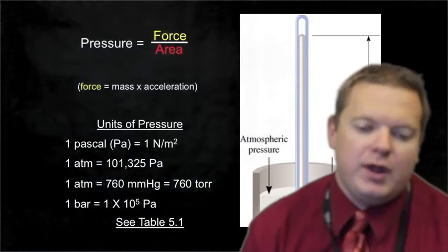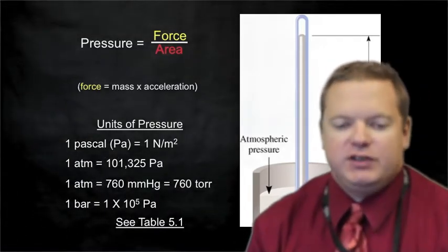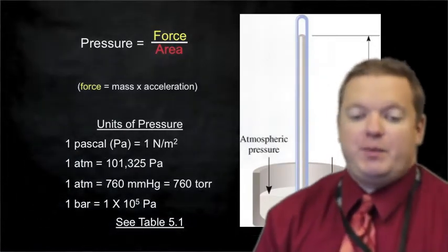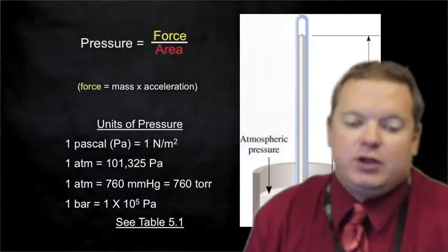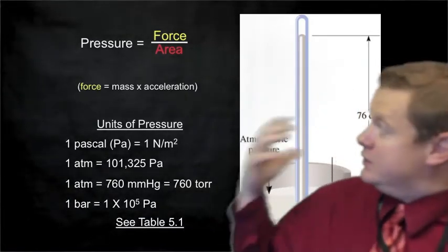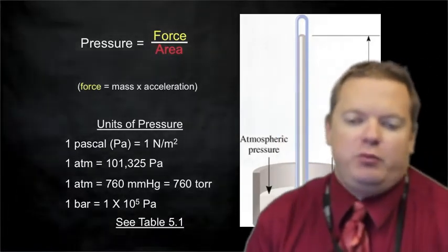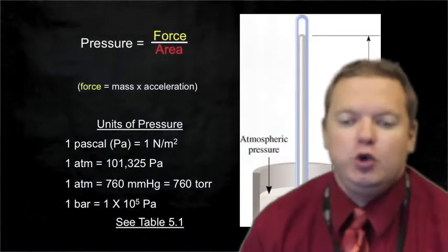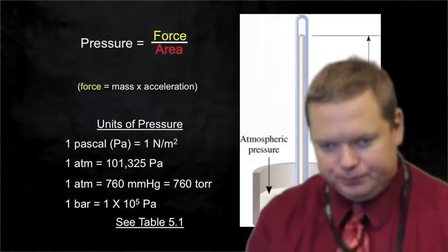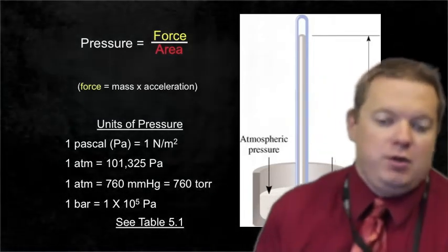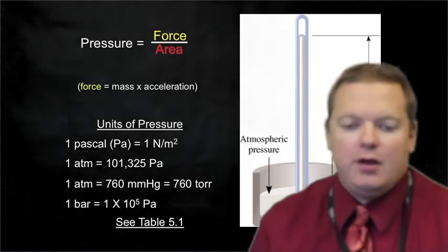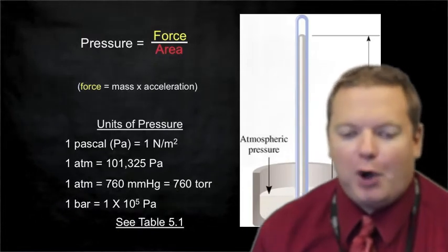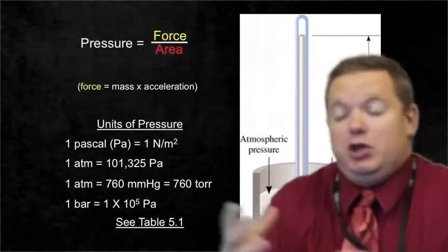What we typically work with in chemistry, though, is atmospheres, and you can see the equivalency here: 1 atmosphere is 101,325 pascals. But we can work in a variety of different units, including millimeters of mercury. This displays how we get this unit. It's actually a measurement of how far this mercury can be pushed up in this tube based on the pressure that's pushing down on it. We measure that distance in millimeters, and we get the unit of millimeters of mercury. Or torr, that's also another common unit. And the last one is a bar. So all of these units are just separate units for pressure.